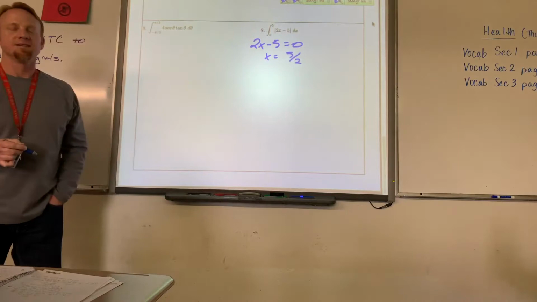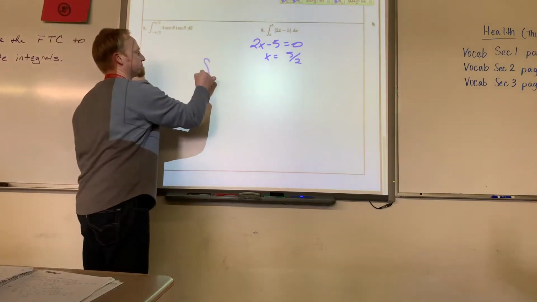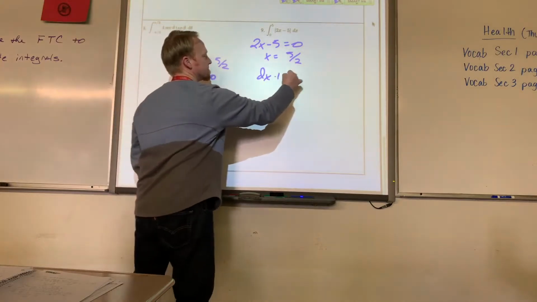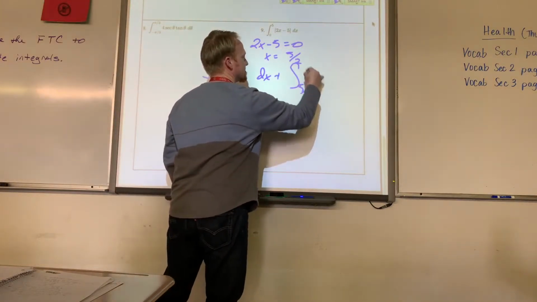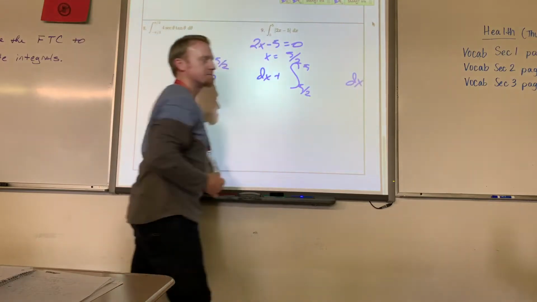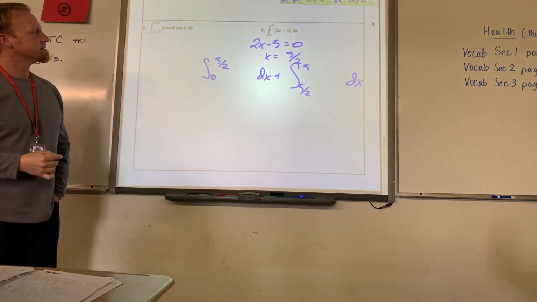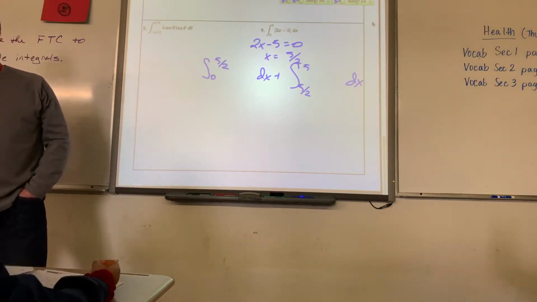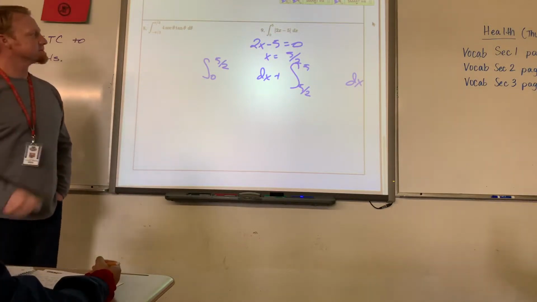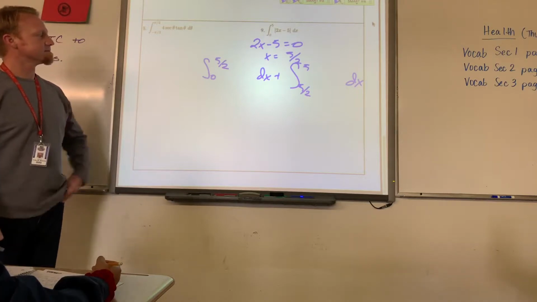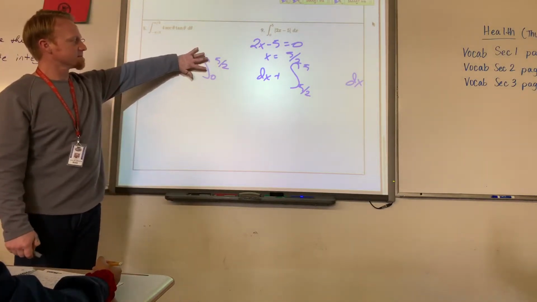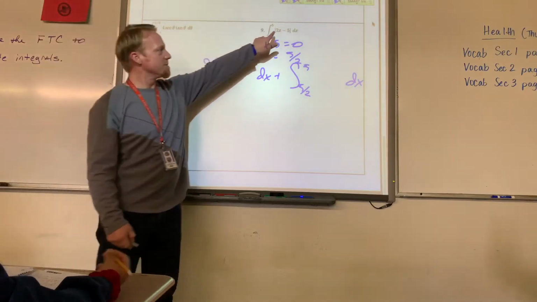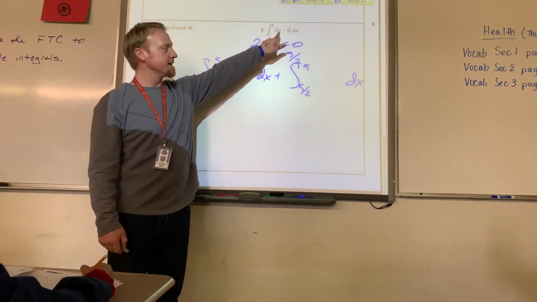And then rewrite your integral from 0 to 5 halves, and then the same thing from 5 halves to 5. Then you have to figure out whether you want to put 2x minus 5 with either integral. So you decide on a number between 0 and 5 halves and see if that gives you a negative or positive quantity. The easy number to pick is 1. I plug 1 in here, positive or negative? Negative, so that means